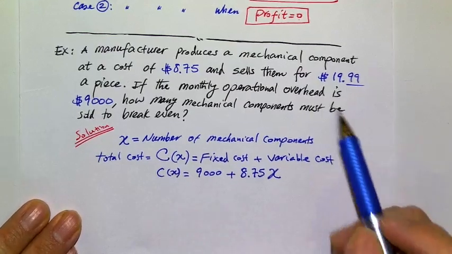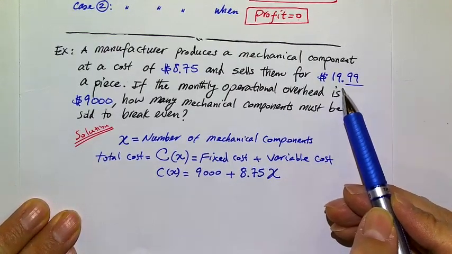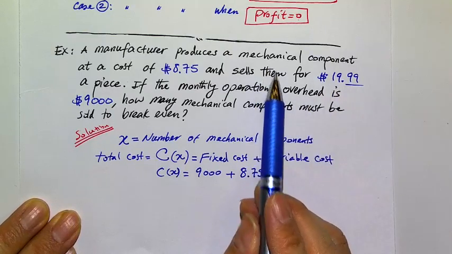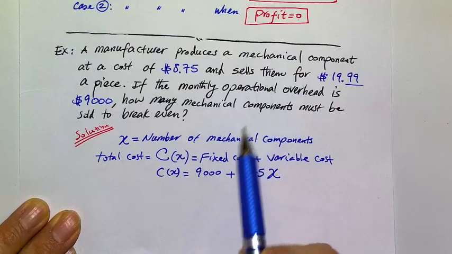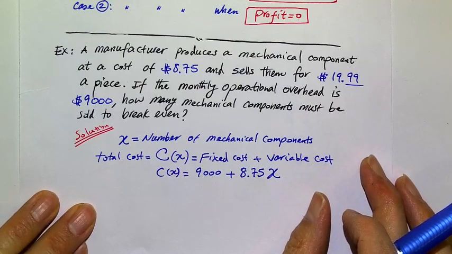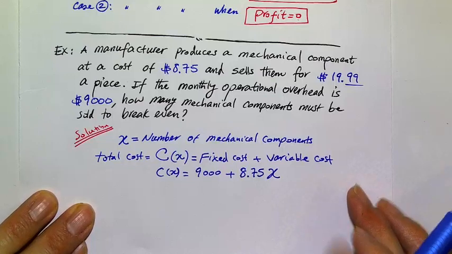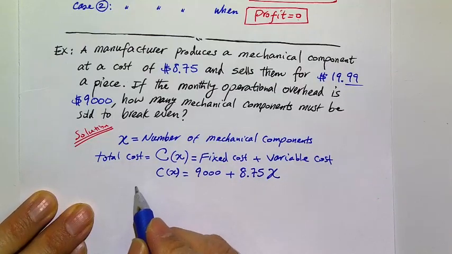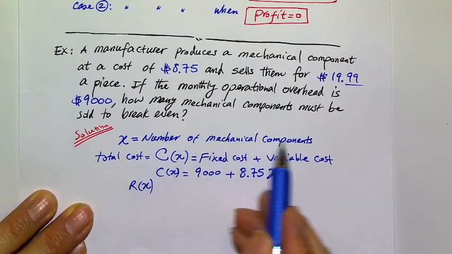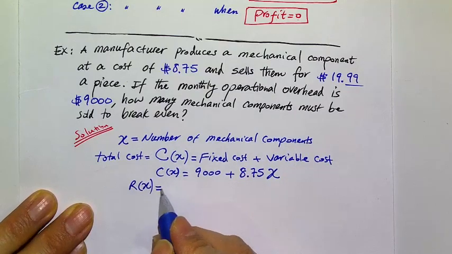The other piece of information we were given is this $19.99, and this is the price for these components as they are sold to the customers. What we charge the customers is always the revenue side of the equation. So that amount gives us, let's call that R of X, revenue as a function of X, which is the number of components, is equal to